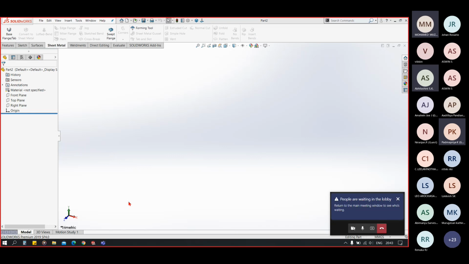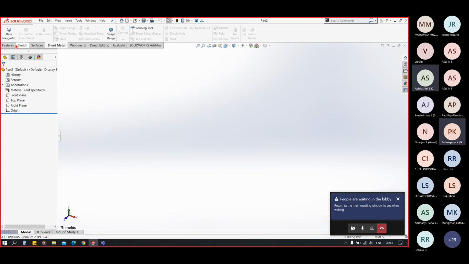Yes, we can use convert to sheet metal. Correct. So in the base flange, you can have a closed sketch or open sketch to create a base flange. When you create a base flange, it has some sheet metal properties added in the feature manager tree.